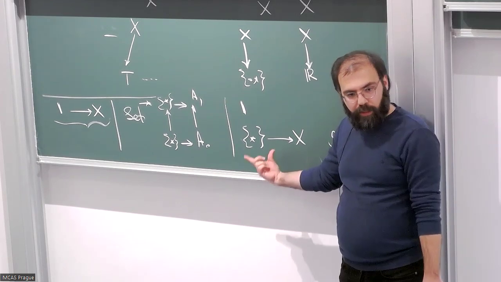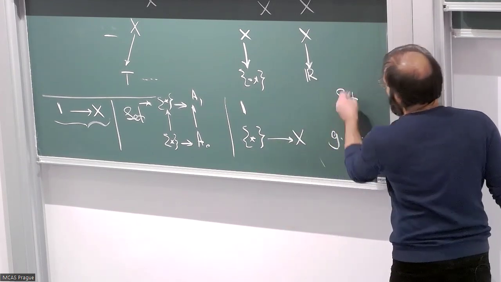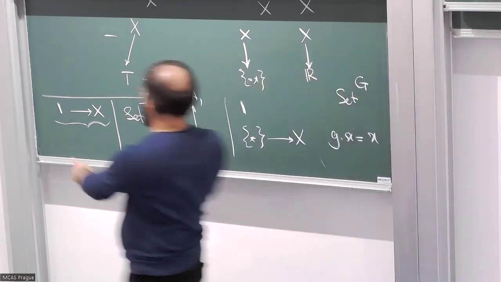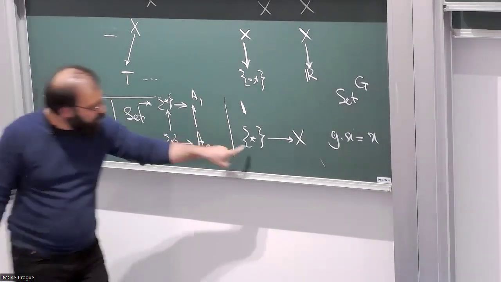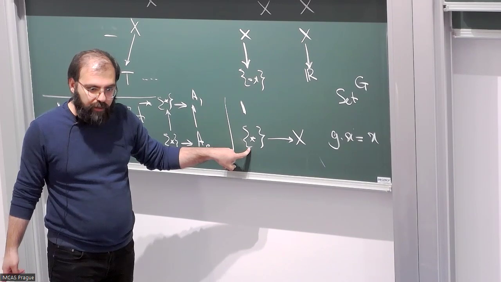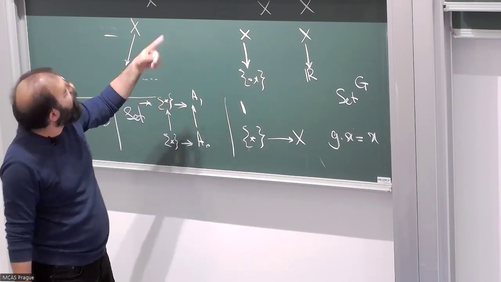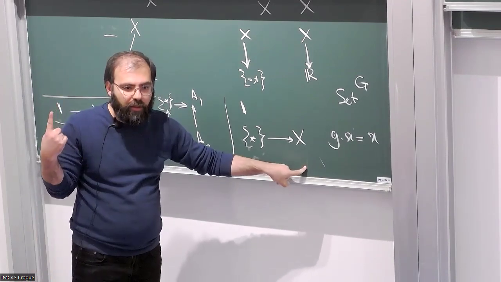What's this picture? Okay, so you want to go to this category of G-sets, right? And understand this situation. So first, what is one? One is a star with the obvious action, right? An obvious action is just a function from star times G to star, but there's just one function there.